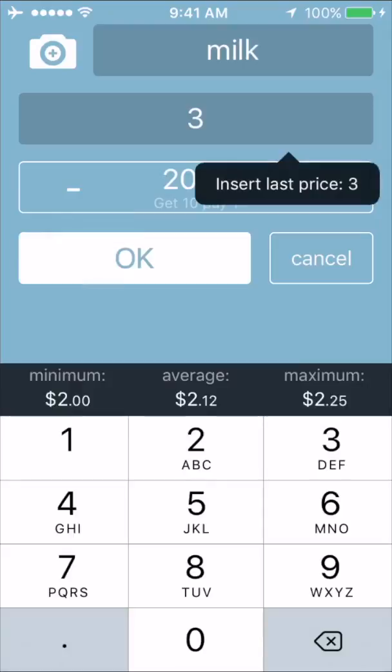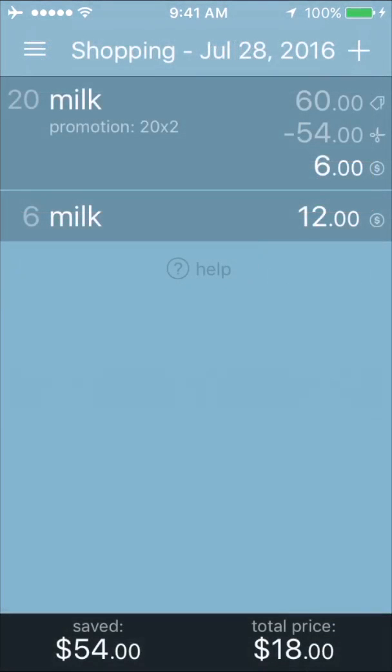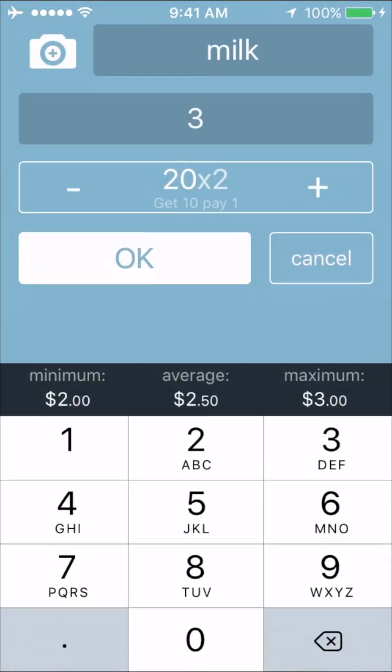Please ignore the suggested price. I'm using a developer version of the app and this is a little bug. Since when we added the item the first time we choose two items, Telly is applying get 10 pay 1 for 2 times, so it shows 20. And from now it will calculate multiples of 10. To get rid of promotions, do a long tap on the item numbers and choose None.